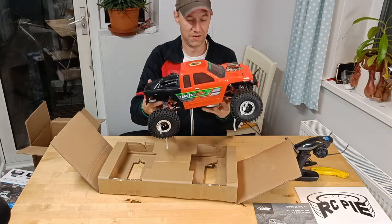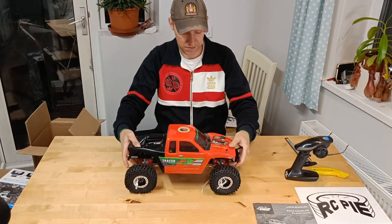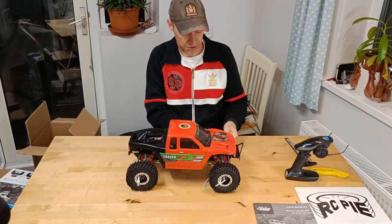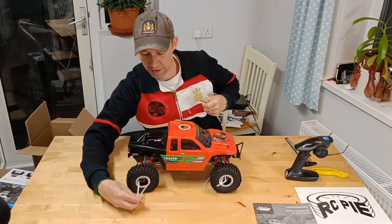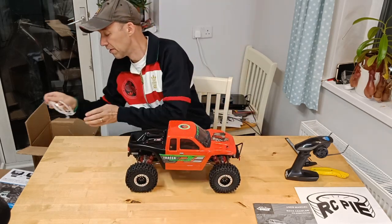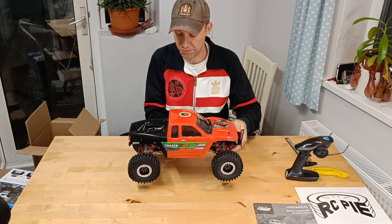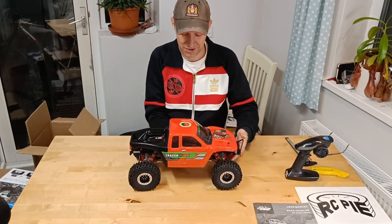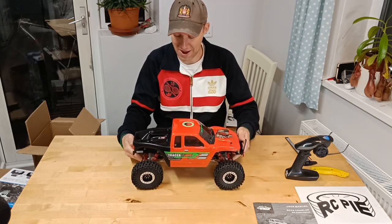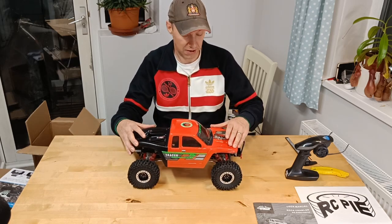Lift this out. Get rid of this cardboard. Wow, solid. Pull these zip ties out of these wheels. I've got to say, straight away, it feels heavy. Really, really heavy. Wow. I mean, compared to the Rescuer, that is a heavy beast. But it feels solid. The body,